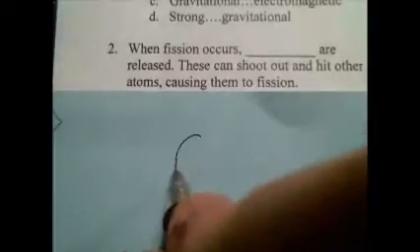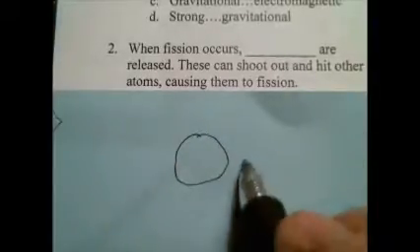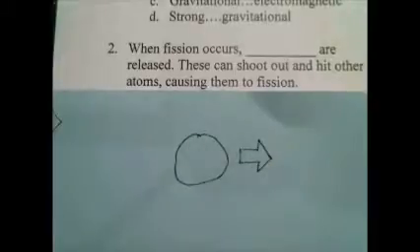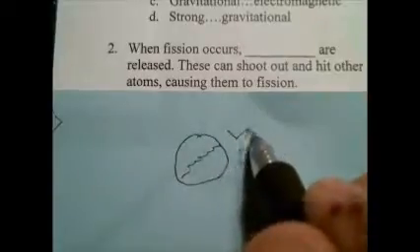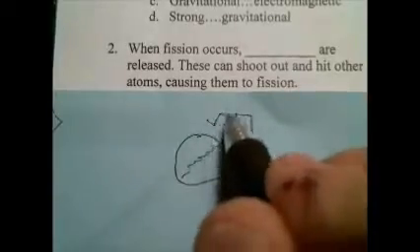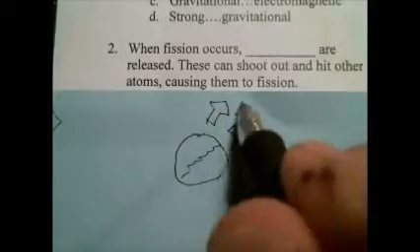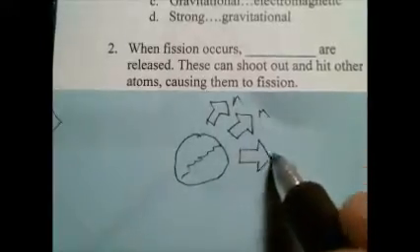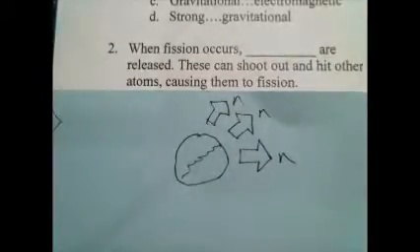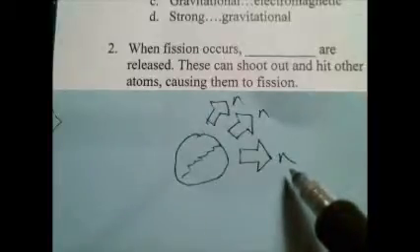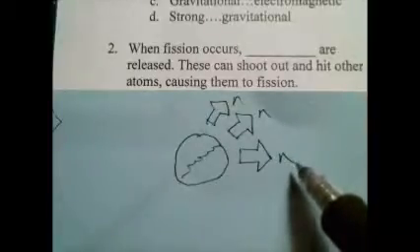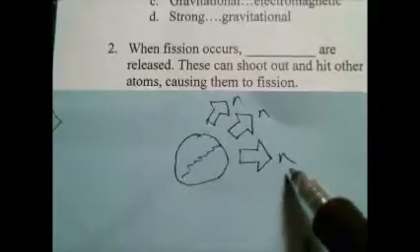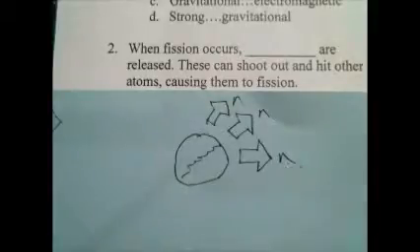Okay, we have a large nucleus, and as it goes through the fissioning process and it breaks in half, we're going to have several things fly off. Depending upon the kind of atom it is, it might be 3, it might be just 2, maybe 4, but all these things that are flying out independently are neutrons. And these are pretty massive particles compared to electrons. They're slightly bigger than a proton. So when these hit other unstable atoms, these neutrons will cause those big atoms to break as well.